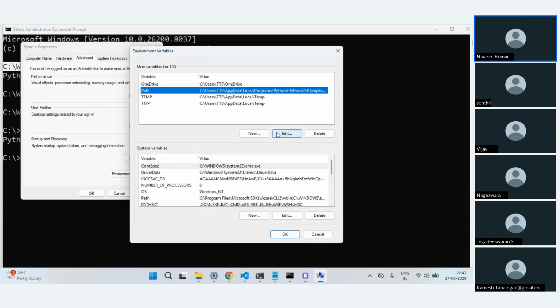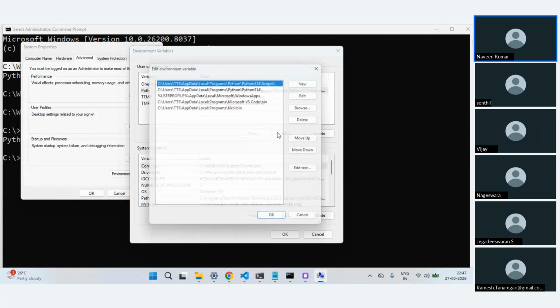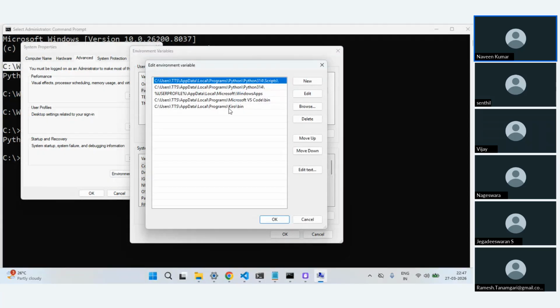So whenever I open anything, here I should have the Python. You see, this is where my Python software is located. If this path is not there, every time I have to go to this path and then only run Python. So that's where this environment variable path helps.